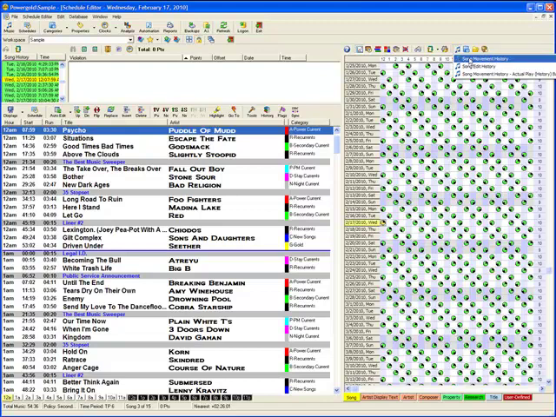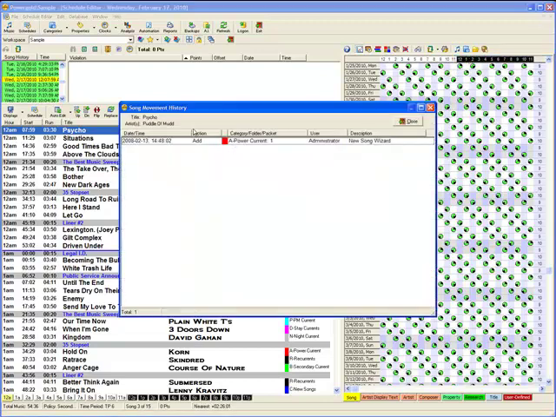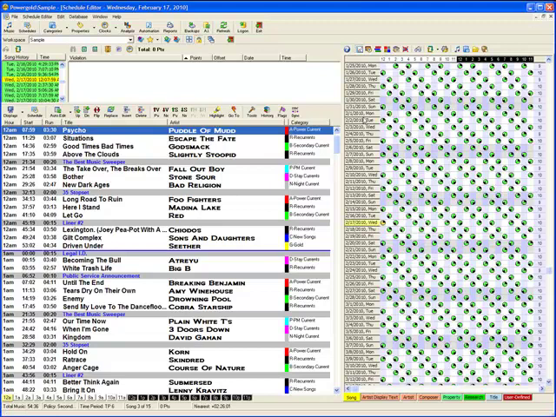So with Puddle of Mud Psycho highlighted, if I choose song movement history, I see that this song hasn't moved. It's always remained in an A power current category so far. If I were to move it to a different category in its schedule, it would be reflected in that category